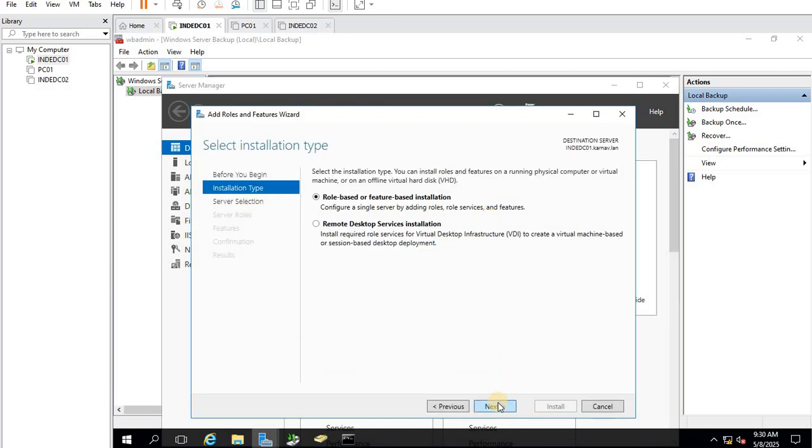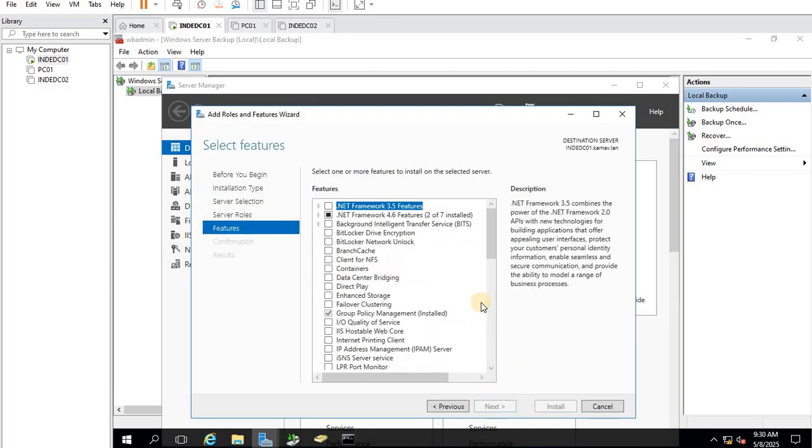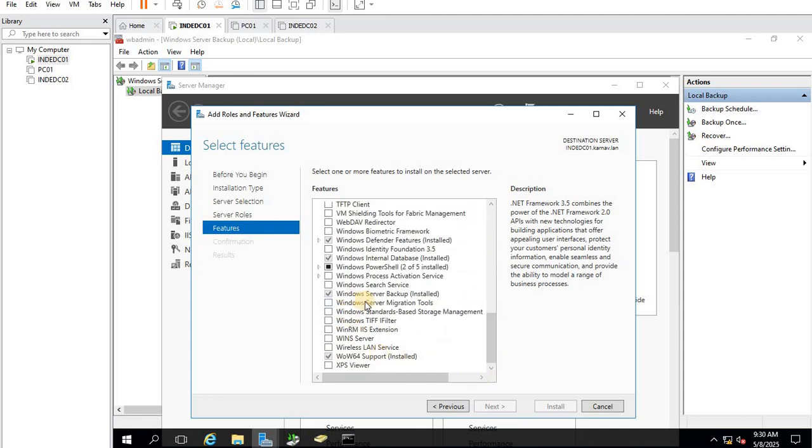I have installed one feature. You also need to install that feature. This is an inbuilt feature in the server operating system, and you can use this to take the BMR backup, that is bare metal recovery, or you can say image based backup, and you can also use this to take the entire backup. And third, you can also use this for taking system state backup. That is a free and very good tool to perform any activity in case of requirement.